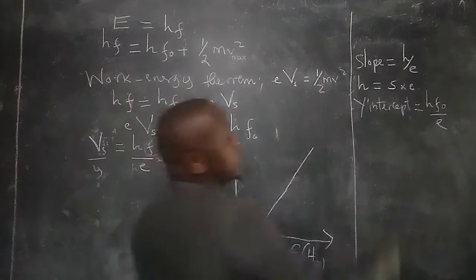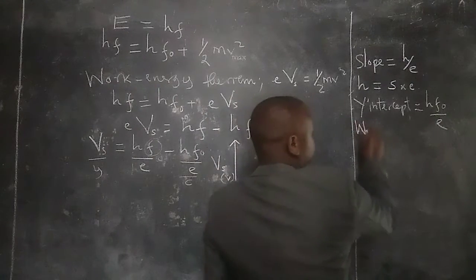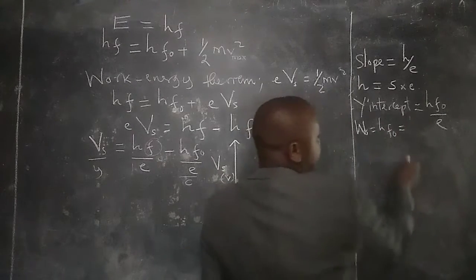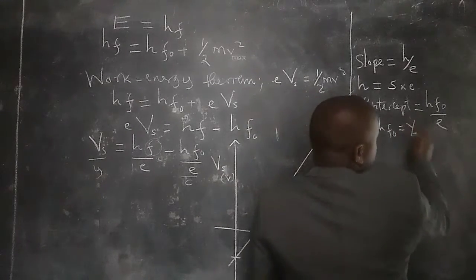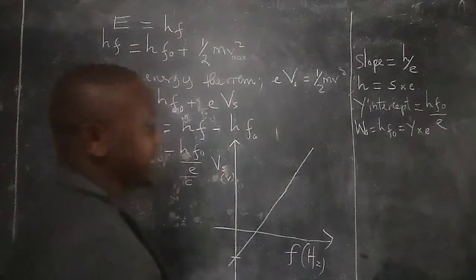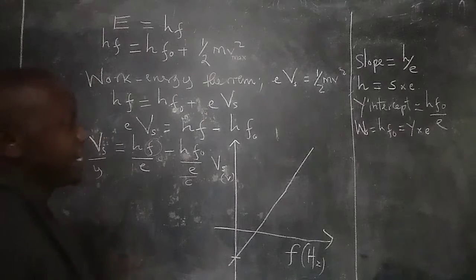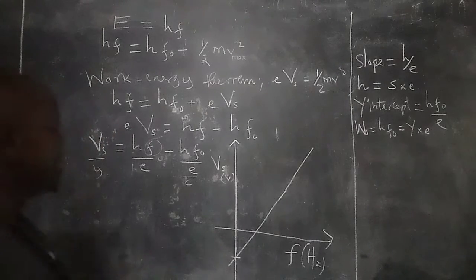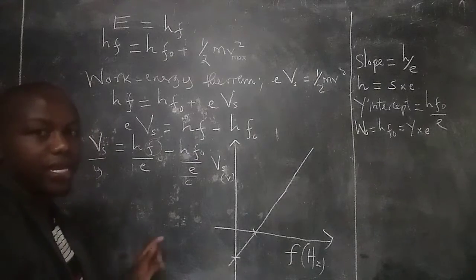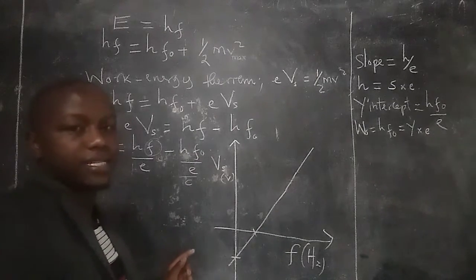That means the work function, which is hf naught, can again be given by y-intercept times e. Y-intercept times e. And finally, we can interpret the x-intercept now, whereby we should argue that